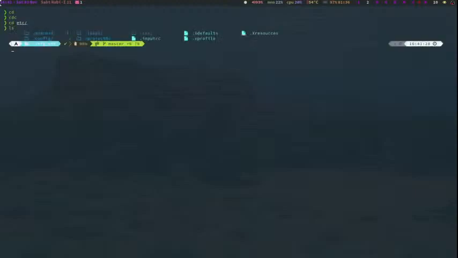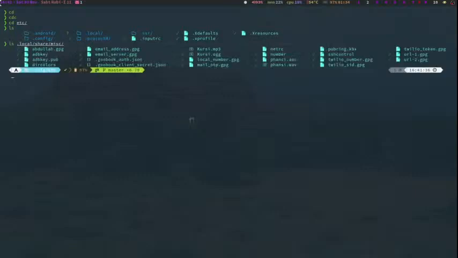Like my ADB key, let me show you. I have some ADB keys in my local share directory. Here you can see there are some files whose names end with GPG.